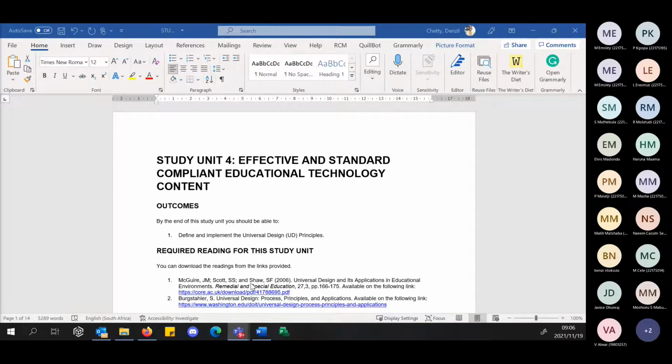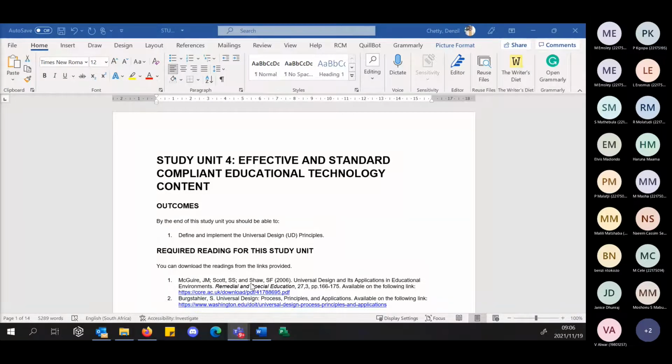So today we're going to discuss study unit 4 and study unit 5. As I mentioned last week, I've reduced the content on them, and I've also reduced the marks on the assignments so that it allows us to complete this course by the due date of 26 with the final marks being submitted to DUT.